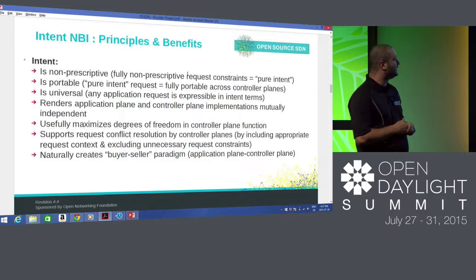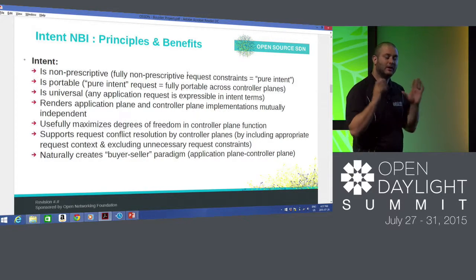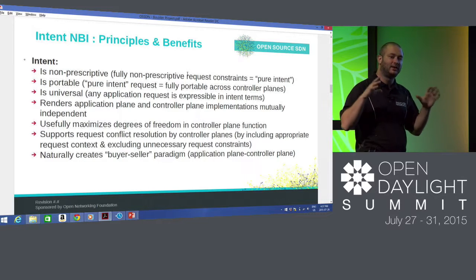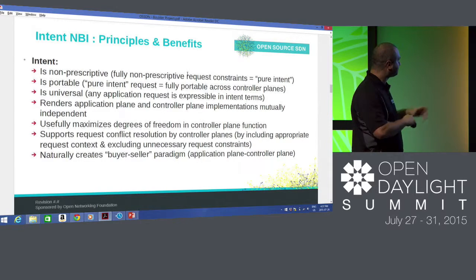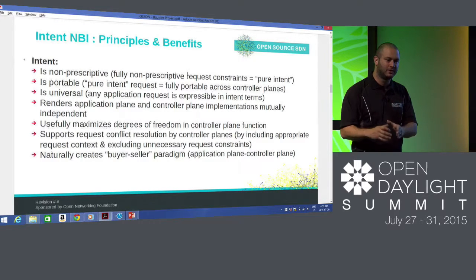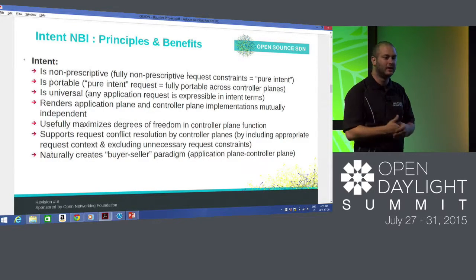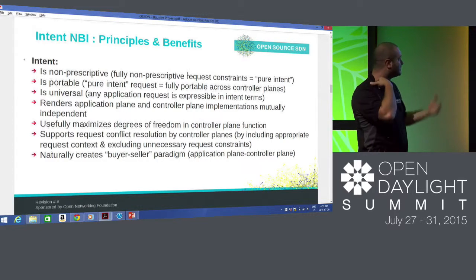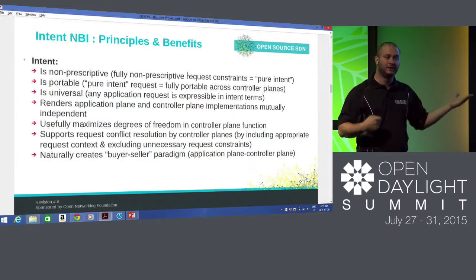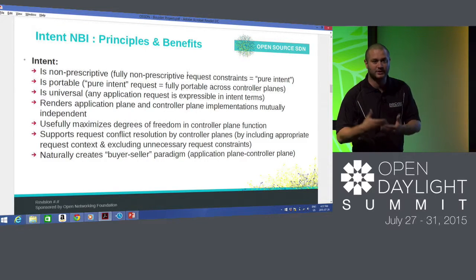Also, intent usefully maximizes the degree of freedom in the controller plane function. What this means is that you can really have the intelligence done at the controller level. So the controller knows how to do things best. It knows what to do and how to do it more than anything else. So let's give it the opportunity to do it properly versus trying to always force the functions and the solutions